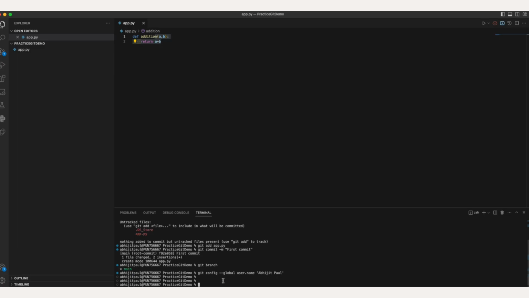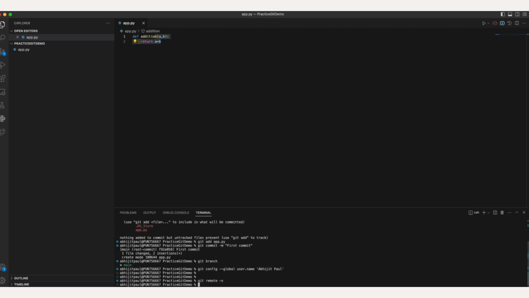So yeah, so far so good. Now what we need to do is, we have initialized the repository. We have added a new file in it, and we have already done the setup. Setup in the sense that if we want to push our changes to any of the Git remote repositories, we will be able to do so. But even now we haven't created any remote repository,